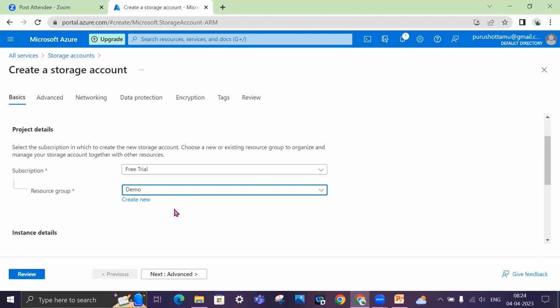These are the steps that happen in typical software engineering, right? So the resource group helps you to logically group the resources, either dev, UAT or production, right?